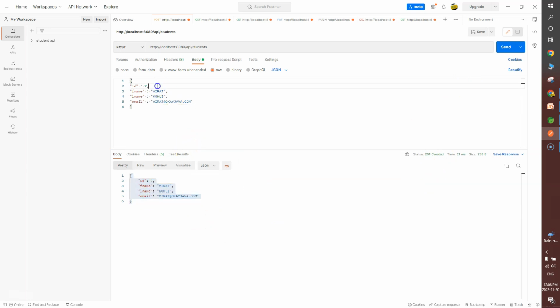Now guys, let's assume that this id is auto increment. If the id is auto generated, I don't have to pass the primary key. In that case, every time I'm hitting this POST endpoint, I will have a new resource in the database. 8, then 9, and then 10. So continuously, every time you hit this particular endpoint, it will create a new resource in the database with a new ID. So guys, POST is not idempotent. Remember this particular thing.